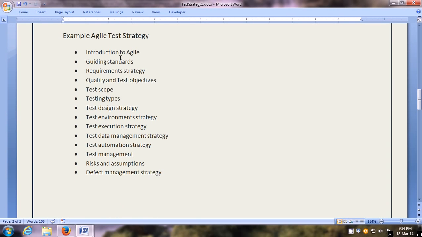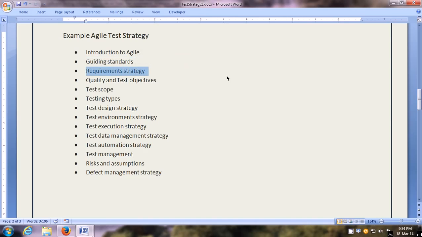So here are the different sections. First of all, you can give an introduction to Agile. What are the guiding principles of Agile? What is continuous design improvement, continuous testing, rapid feedback and change, etc. Then another section can be on the guiding standards, such as shared responsibility of quality in the team, data management standards, and so on.